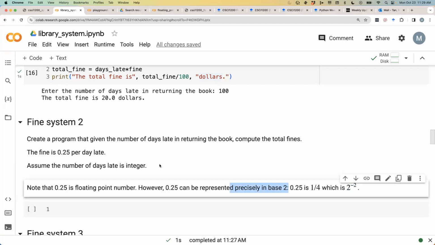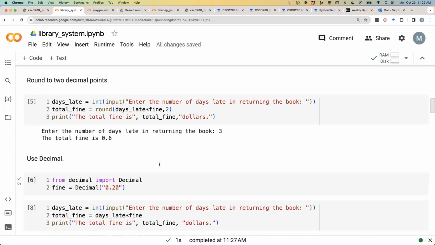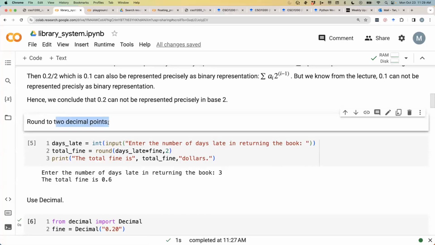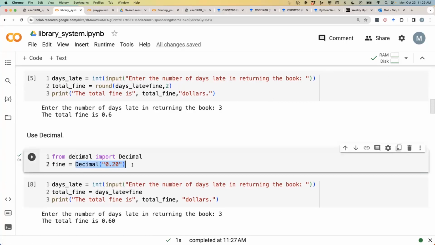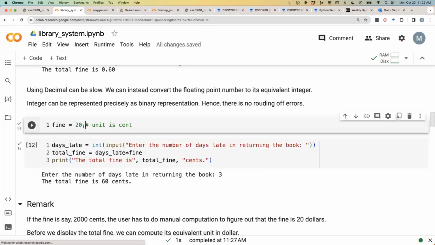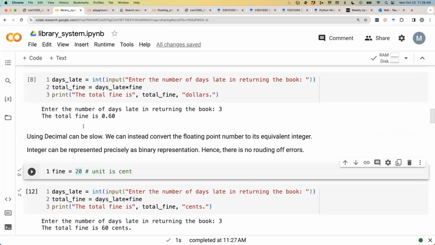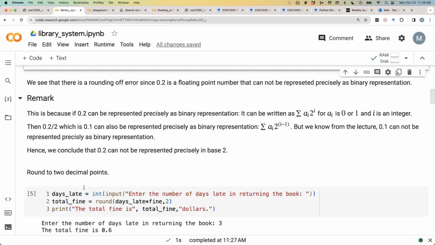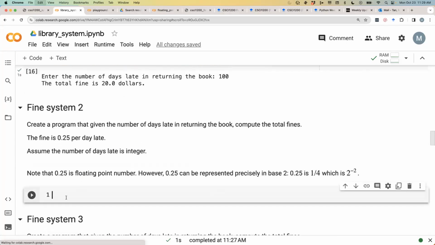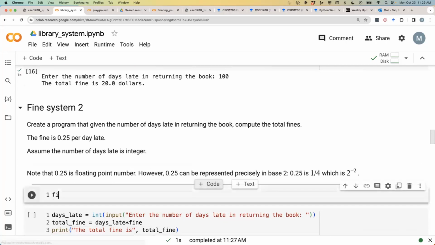And hence, in this case, we don't have to worry about rounding error. We don't have to ask, should we try to round to 2 decimal points? Or should we be very precise and use a decimal library? Or convert it into its equivalent integer format, from dollar to cent? We don't have to worry about it. We can just write it as 0.25 and compute it as it is, because we don't have any worry of rounding error. So now my fine will be equal to 0.25 as type float,